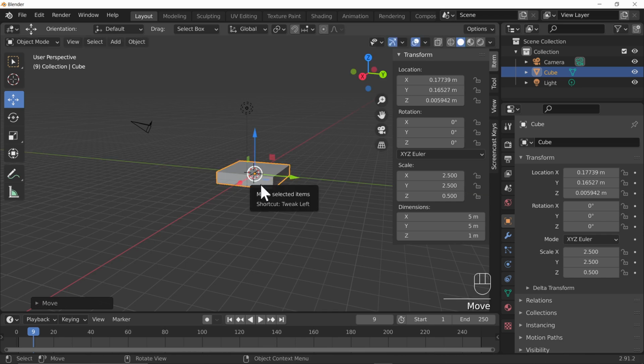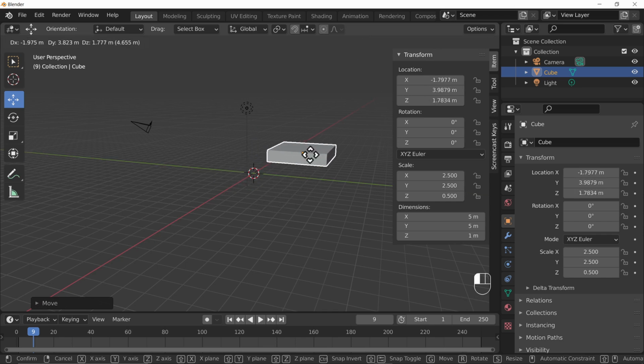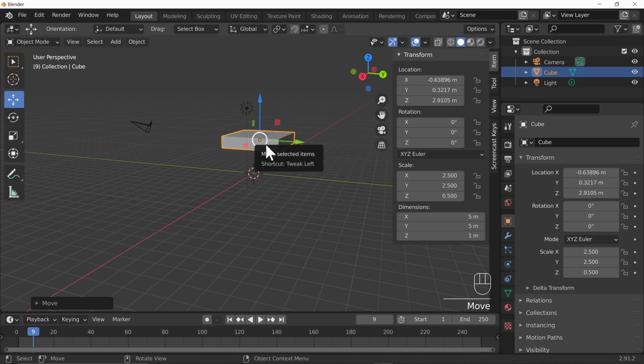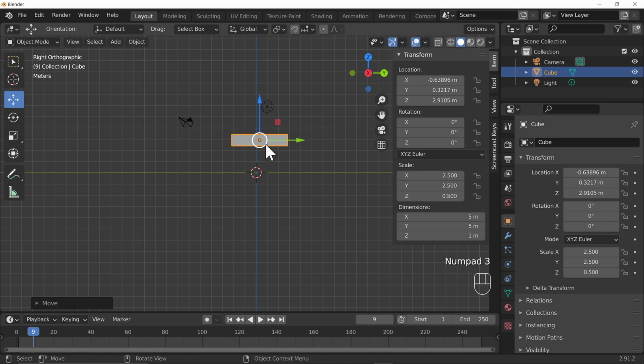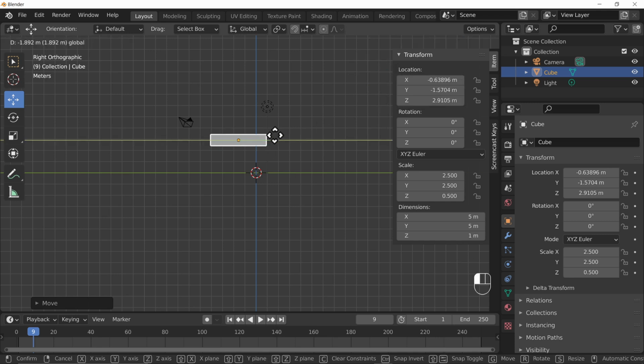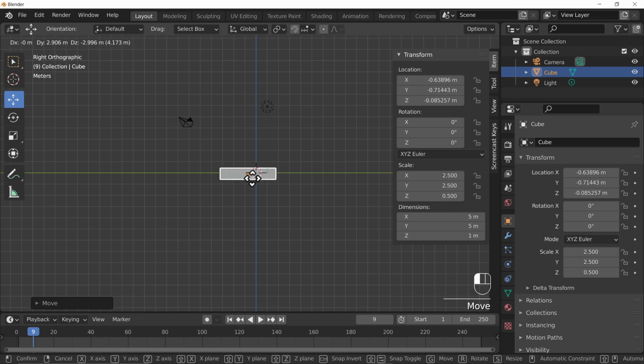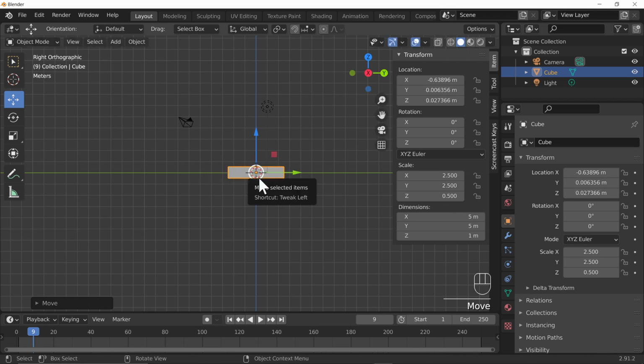Now, you can actually freely move things around by just clicking inside the circle. That tends to be less useful unless you're viewing objects in orthographic perspective, maybe looking at it from the side by pressing number pad 3, or indeed pressing the Y just at the top here, and then we can move things around a bit more freeform, but also know that we're being relatively accurate with where we're putting things, if